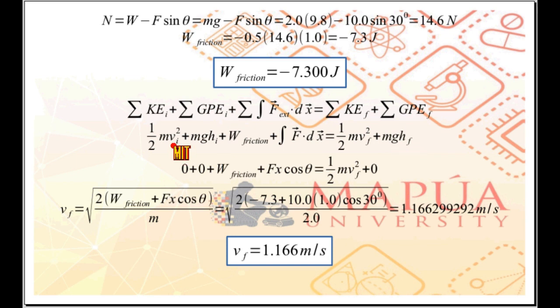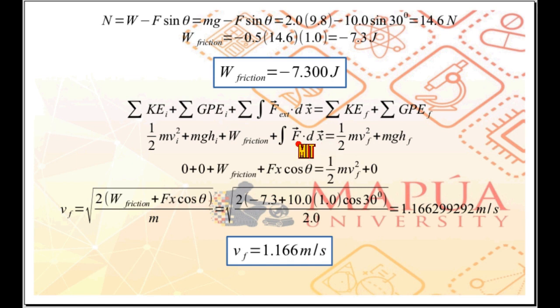Initial speed v initial is 0, so we have 0 initial kinetic energy. h initial is 0, so initial gravitational potential energy is also 0. The same goes for final gravitational potential energy. h final is 0, therefore m g h final is equal to 0. So we are left with work done by friction plus work done by applied force F, the integral of F dotted